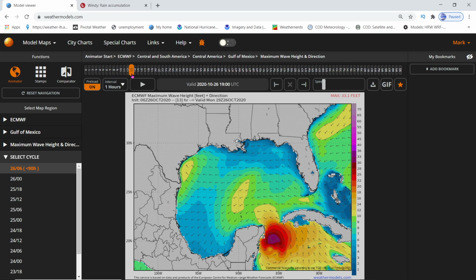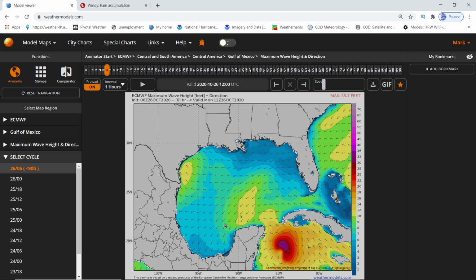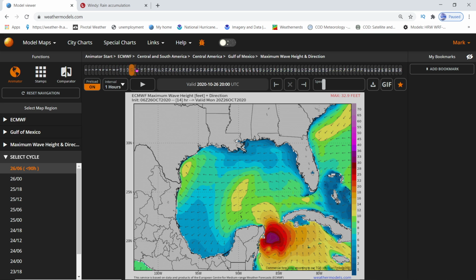This is your Euro model showing the waves. And if you notice the color on the right, just so Jamaica and Cayman Islands know what y'all are looking at, you're looking more towards 12 to 16-foot waves. 16 is more like this darker color right here in between these two. And then it moves away and it stays around the darker orange, which is 14-foot. This part right here for the Cayman Islands is 12, and then the brighter yellow, which you see around Jamaica now, because the rest of it left, and it's going to be for the Caymans, is 10-foot waves, which is